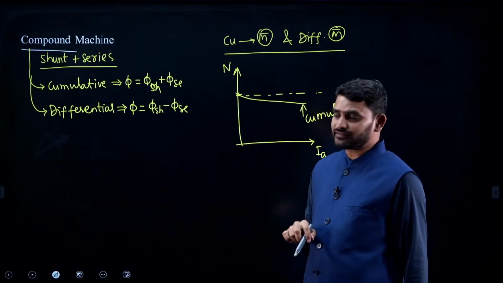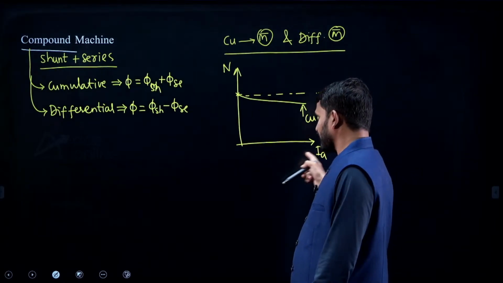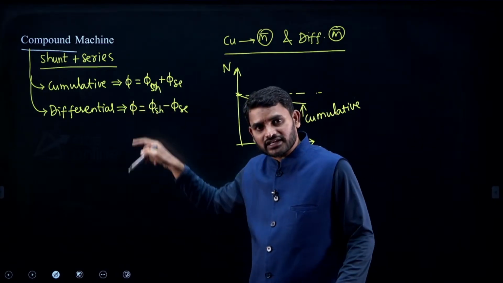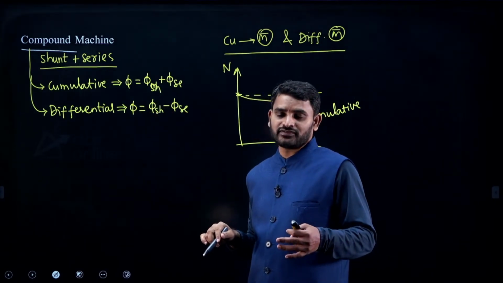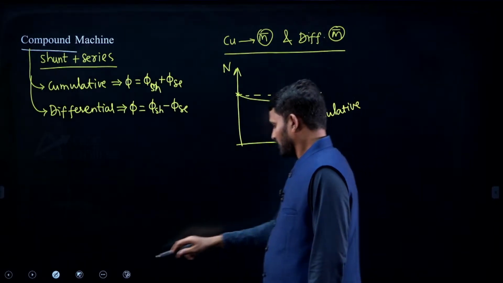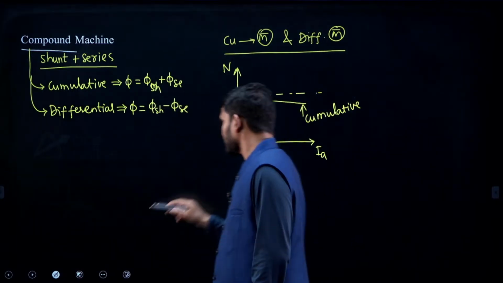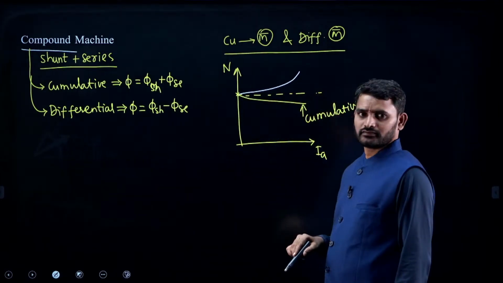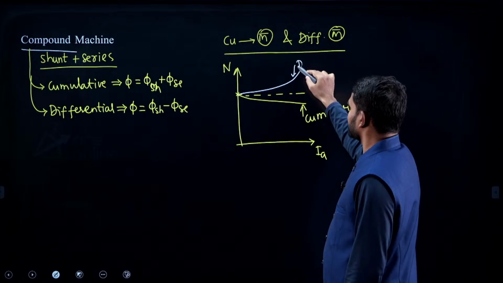What about differential compound? Whenever the load increases, definitely series field flux increases. So, opposition increases, net resultant flux falls. If the net resultant flux falls, what about speed? Speed will increase, right. So, the differential compound motor speed characteristics might be it goes like this. This is for differential compound motor,